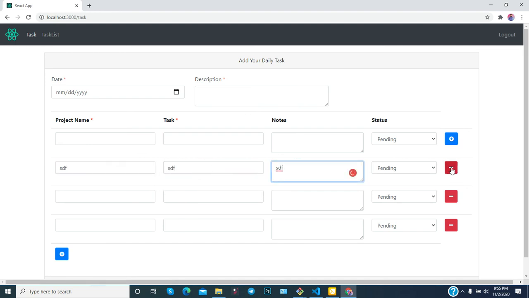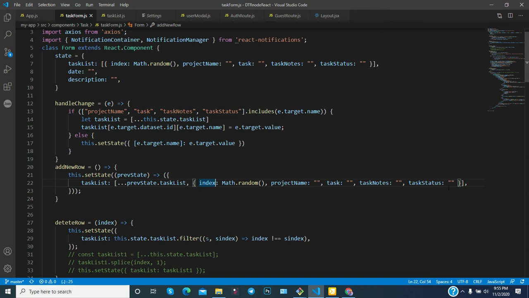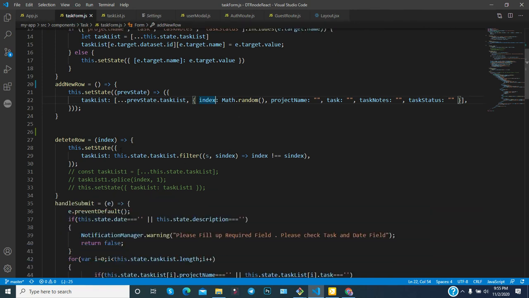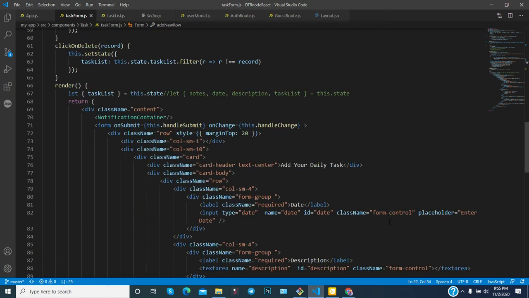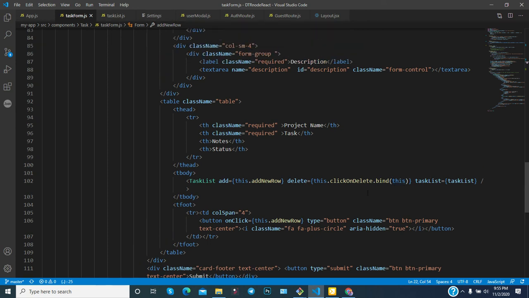It means whenever you click, this value gets passed. So you pass that particular value to the delete props, and the delete prop is calling the delete row method. Again you can notice that you passed that data from that component on click of delete.